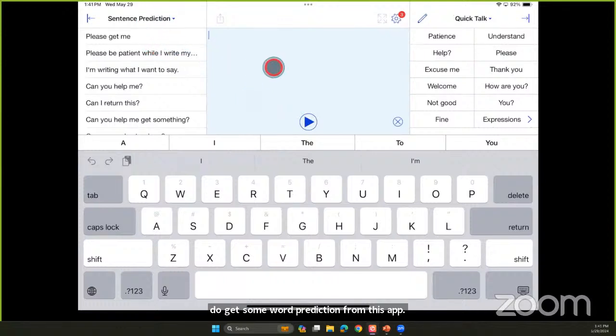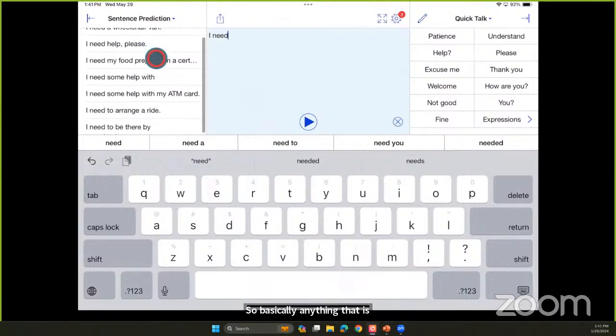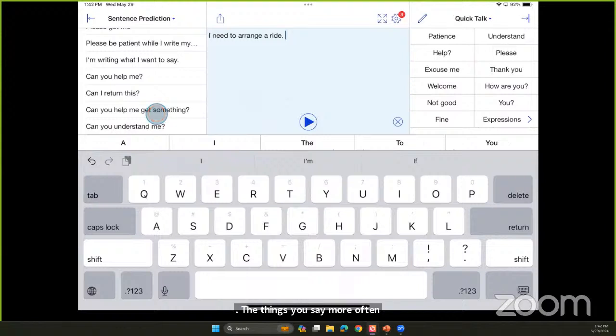So basically anything that is saved in here will come up in my sentence prediction. And then I can just type, "I need to arrange a ride." And then the things you say more often will come up faster in the sentence prediction as you start using it.